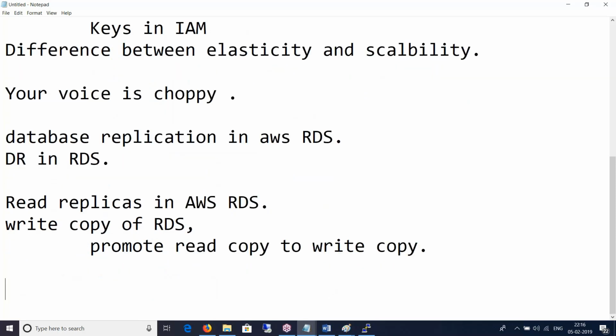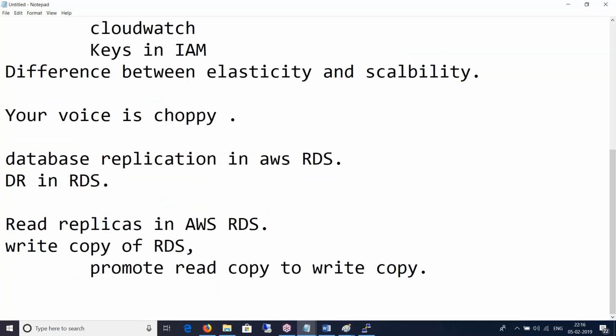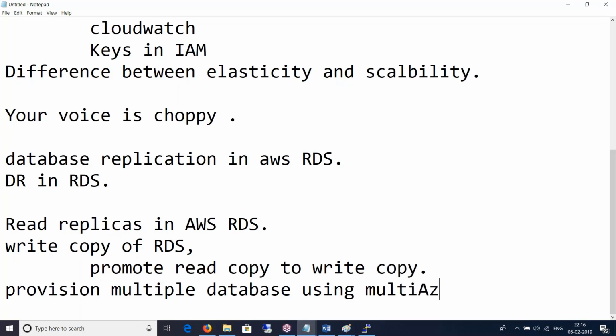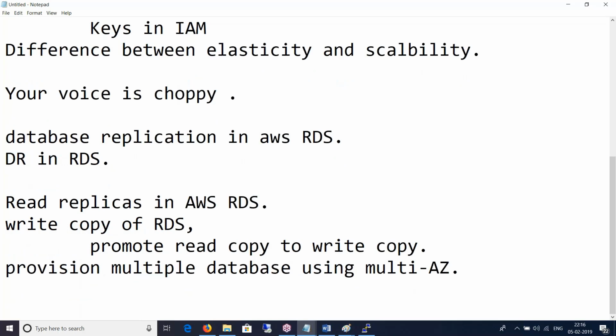You can also provision multiple databases using the multi-AZ concept, where your database will be available in multiple availability zones within a region. Does that answer your question?